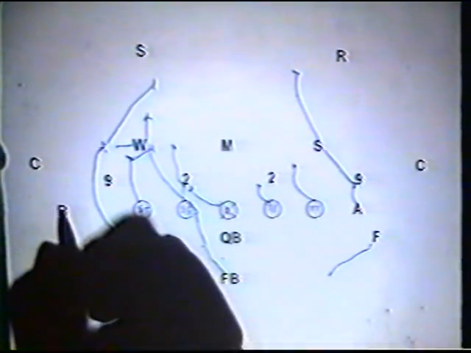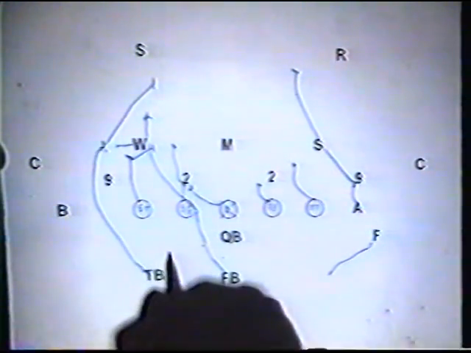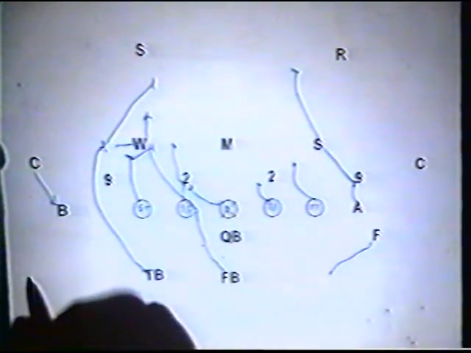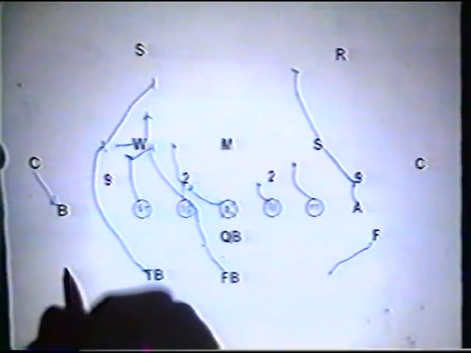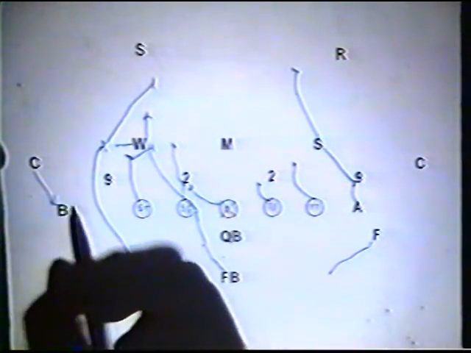The most important thing I feel like is the split end's block on the option. The split end needs to understand the coverage. If they're getting forced, then we want to pitch off the force man. We want to pitch off a number 4. So the corner would come up, and if he gets forced by this man, then he's going to go and block the safety. Okay? If this man bails,